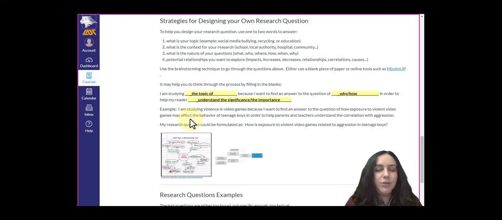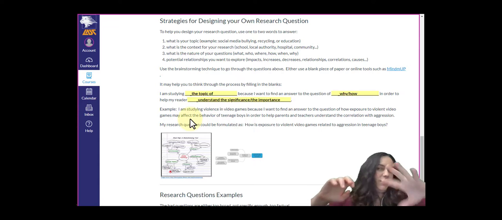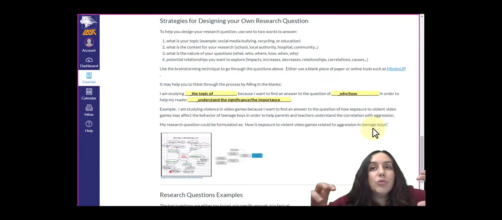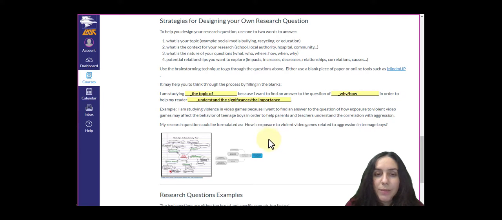So in my example, I turned violent video games and children or teenagers and aggression, and I could turn it into, how is exposure to violent video games related to aggression in teenage boys? Is there a link between those two things? Or I could think of slightly different ways of going about it. And based on how my research question is designed, that would be the kinds of sources that I would try to locate. Another one would be,